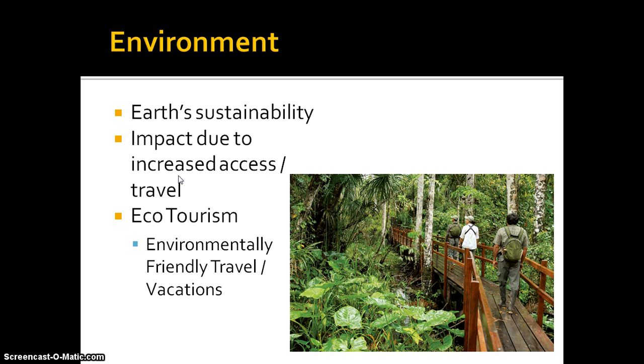Obviously, with greater wealth and greater free time and leisure activities, people travel to different parts of the world, wanting to see some natural environments, or to experience and explore those types of things. And so there's been developed this idea of what's called ecotourism. Now, where ecotourism plays into this idea of sustainable development is,